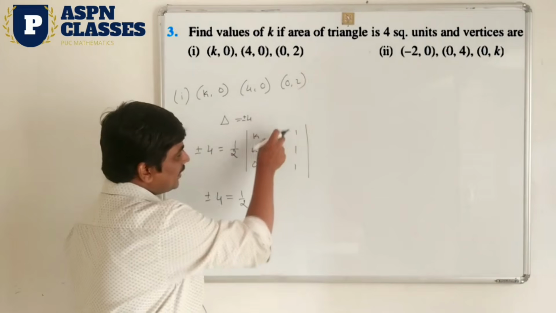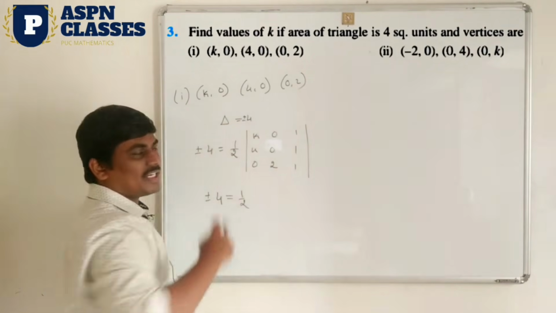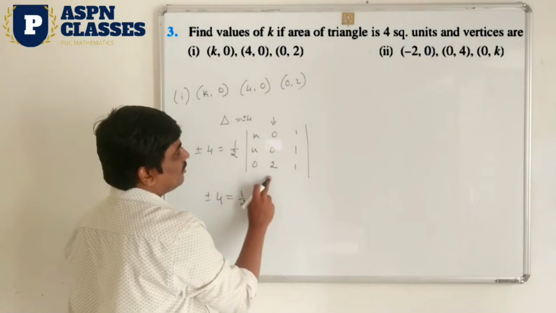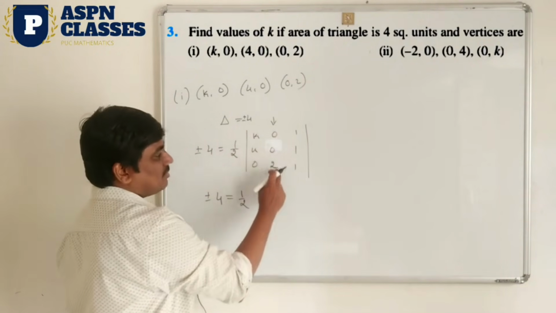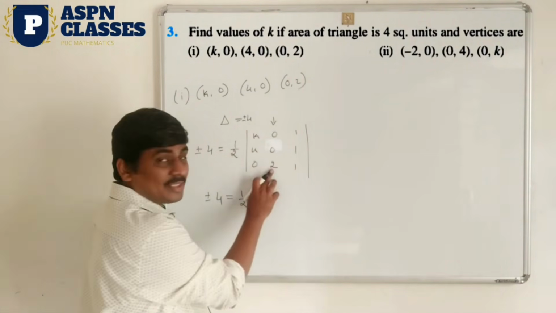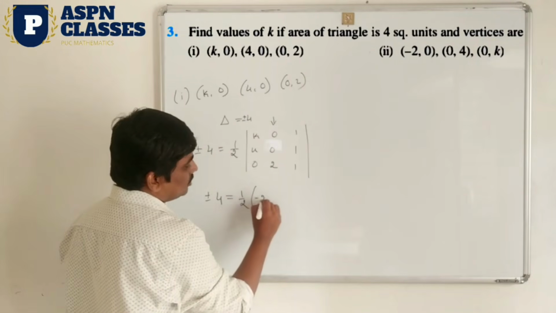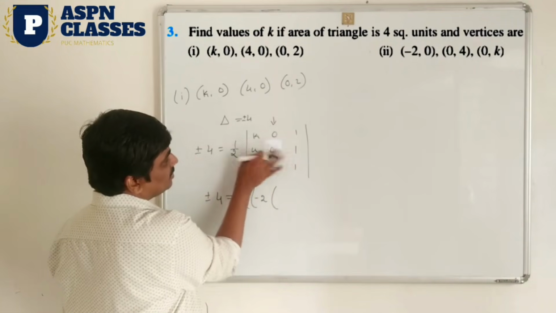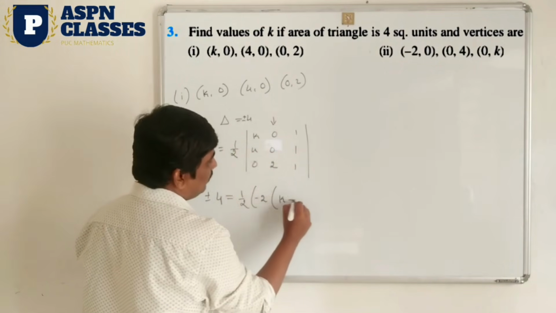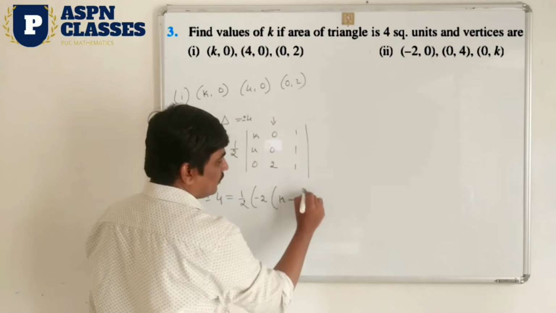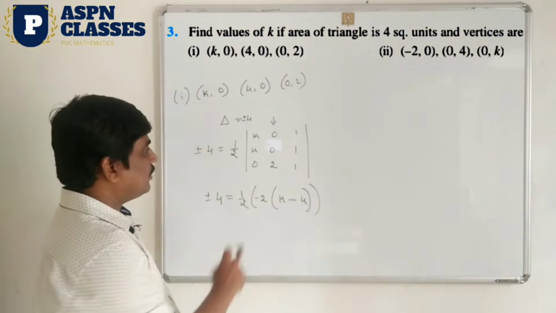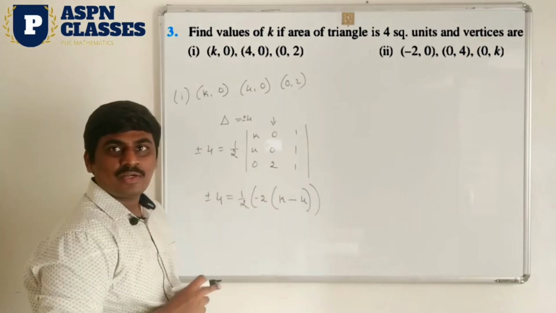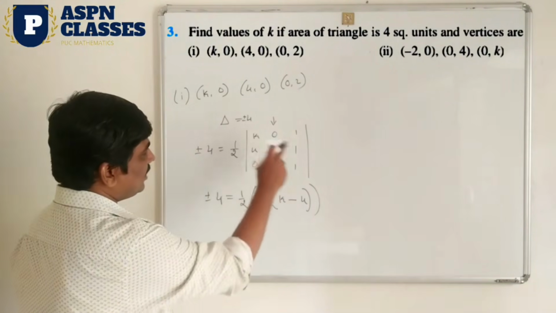Expansion along, better you take this one, because 2 zeros are already there, no? Calculation is very simple. So expansion along column 2 I am going to take. What are the signs for column 2? Minus, plus, minus. So here also we get the minus sign. Okay, write it here, minus 2 into bracket. So minus 2, middle column and third row get cancelled. k into 1 is k, minus 4 into 1 is 4. I think all of you understand this. I am going to take 2 as a result. It means the second column and third row get cancelled. For k into 1 is k, minus 4.